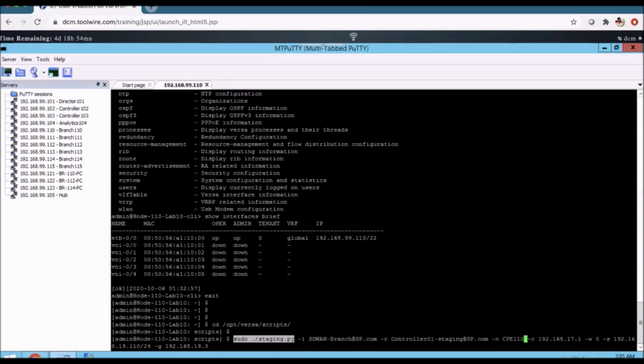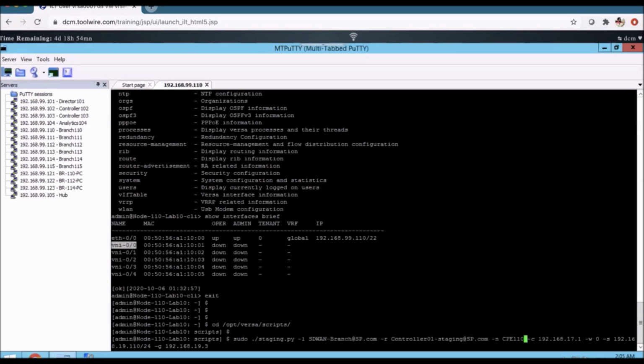Sudo script -l sdwan-branch@sp.com -r controller1-staging@sp.com -n serial number, the controller serial, controller IP address, and we wanted to assign this IP address on the VNI 0/1 interface.